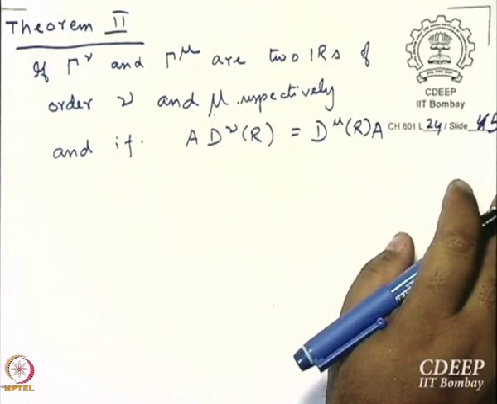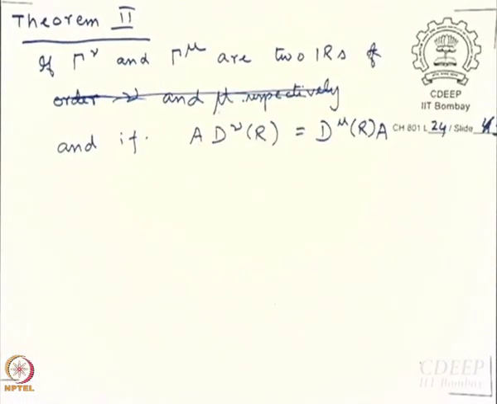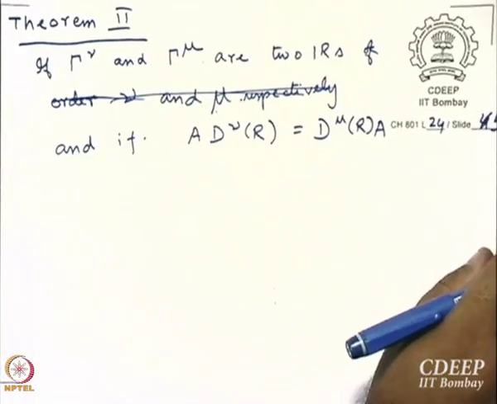Understand what I am saying? So the general case is a rectangular matrix. Special case is a square matrix if the two dimensionalities are the same. Okay, let me finish writing the theorem. If gamma nu and gamma mu are two IRs of dimensionality, actually I should write, don't write all this, are two IRs, nu and mu are identifiers, gamma 1, gamma 3, something like that, okay. And if A d nu r equal to d mu r A, then